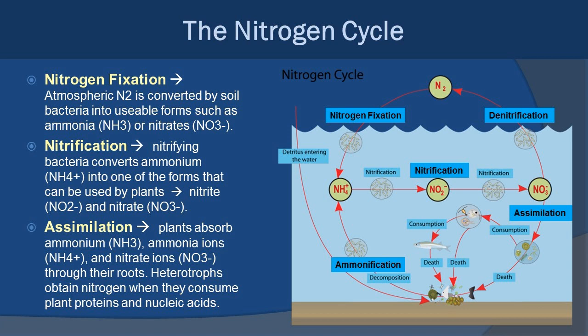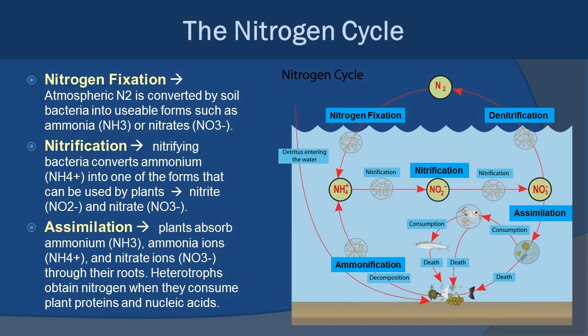Now, a certain amount of nitrogen will obviously diffuse into the ocean. Either way, we rely on bacteria. Yes, folks, bacteria. Bacteria called nitrogen-fixing bacteria will convert the N2 into something that we can actually start to work with, at least, which is ammonia, NH3. From there, we have another process called nitrification. And nitrification relies on nitrifying bacteria to convert that ammonium into